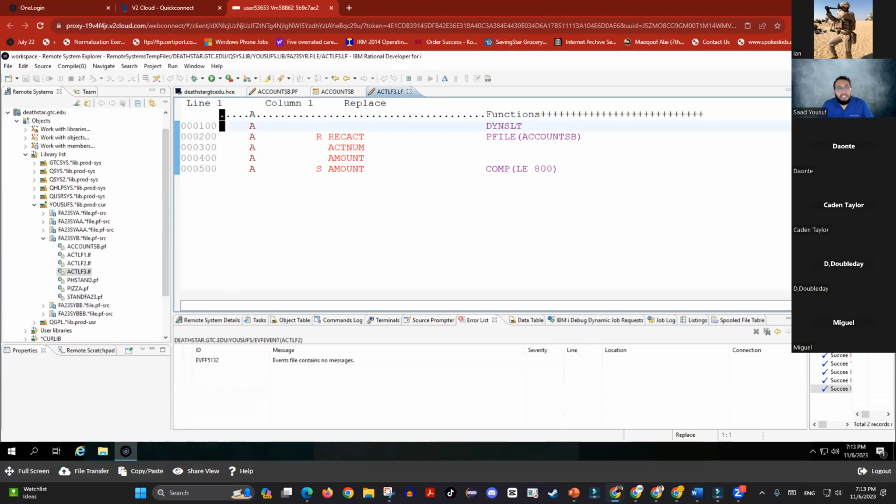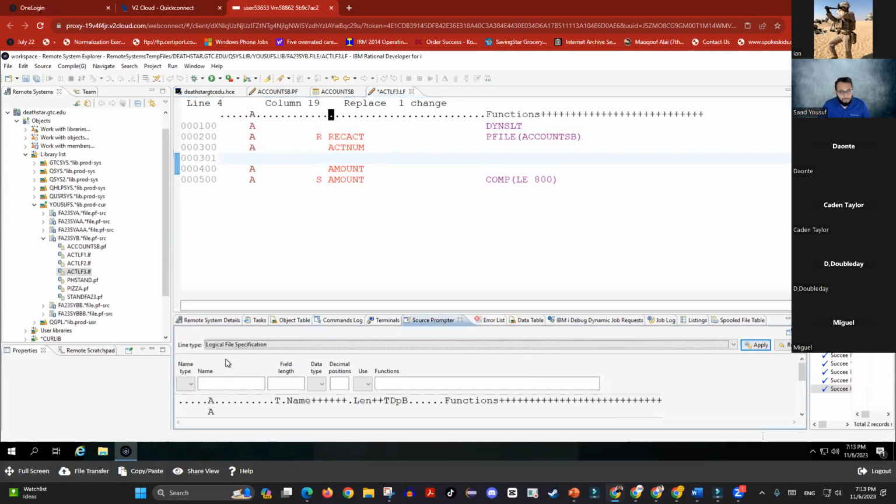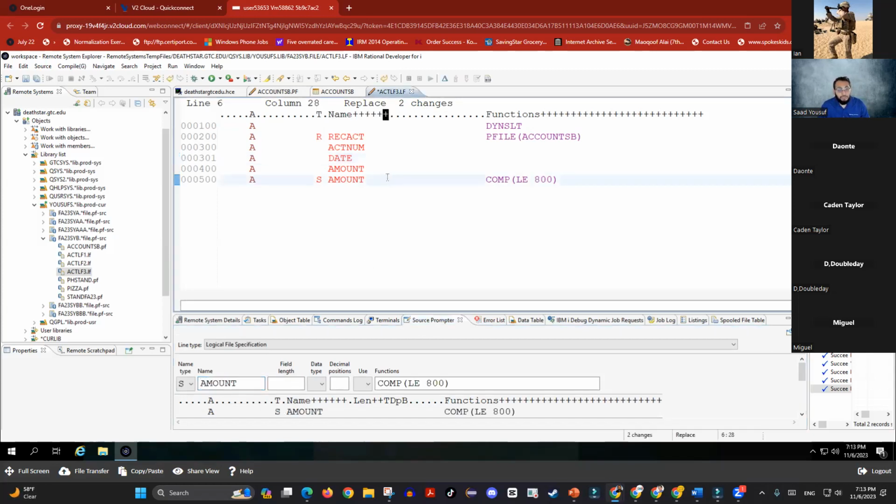Now I want to change fields. I want to add one more field, and that will be my date field. So function F4, the date field, I want to add to the list, and I want to change my selection criteria to, I want to select all those where date is